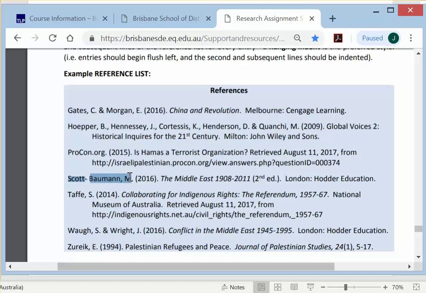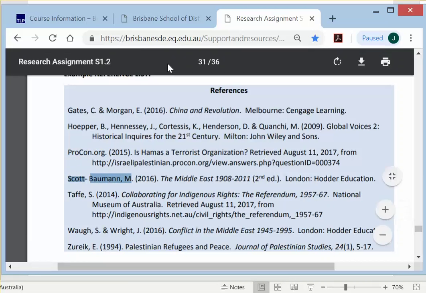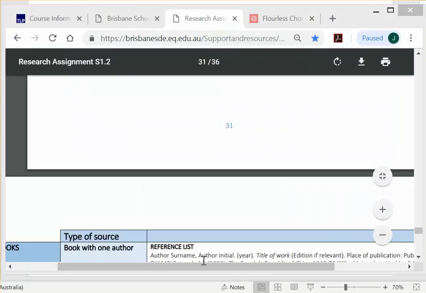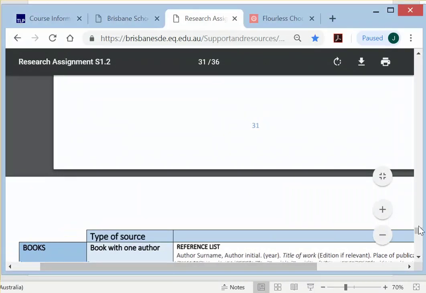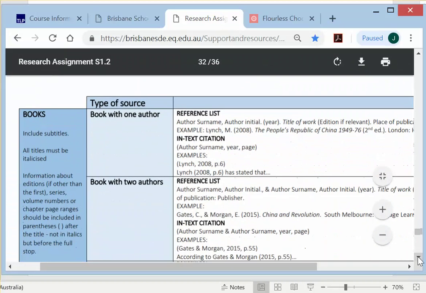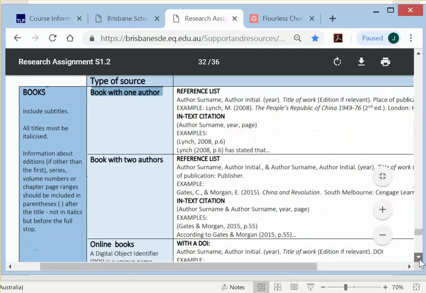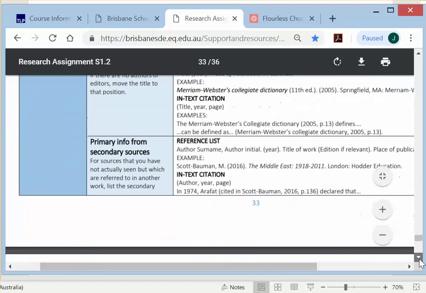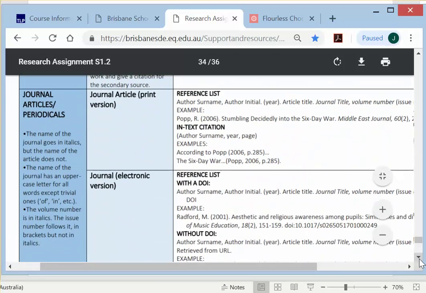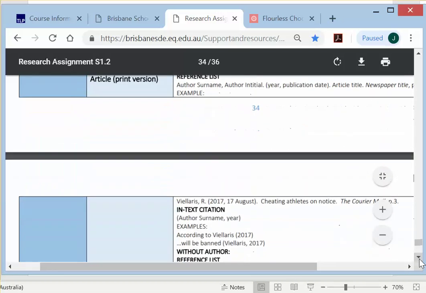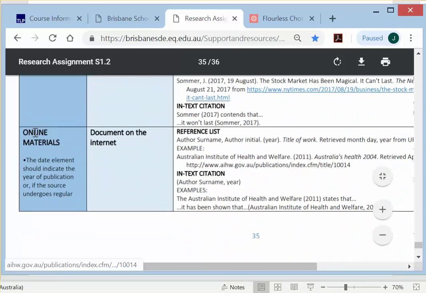Now I'm just going to demonstrate quickly how to do a reference. I'll scroll down the page. This is in your writing guide. Most of your sources are probably going to be web addresses, but if you do use a book from a library, please have a look at this section here on books. I'll scroll down. Eventually we'll find journals, journal articles and periodicals. Keep going down. Okay, online materials. This is most likely the material you'll be referencing, a document on the internet. And if we come over here,